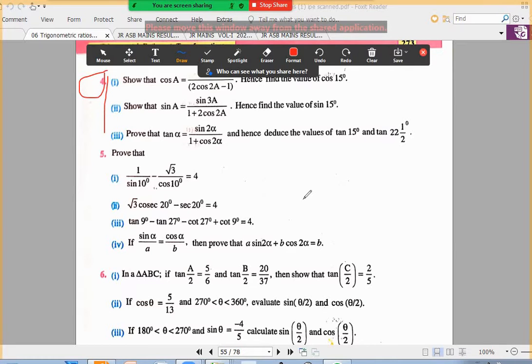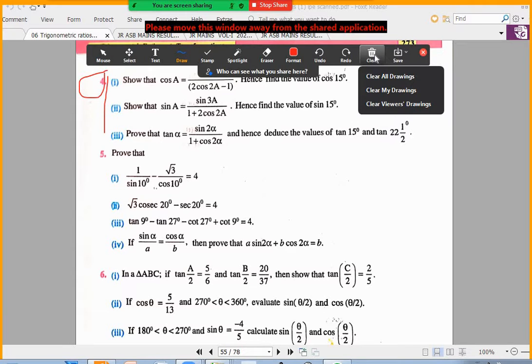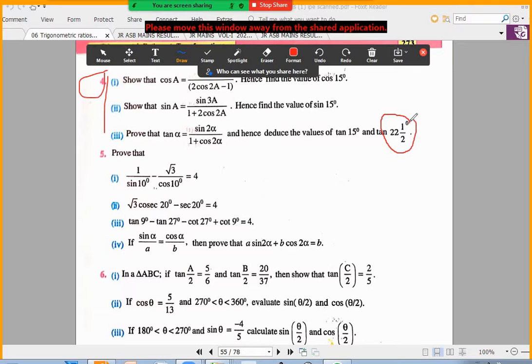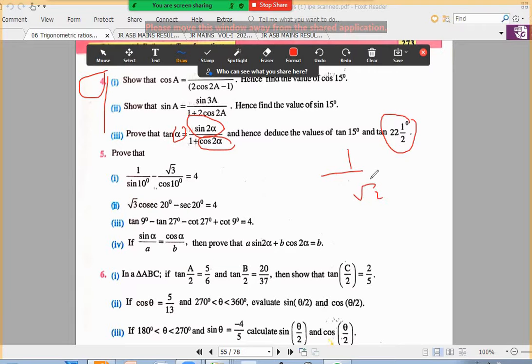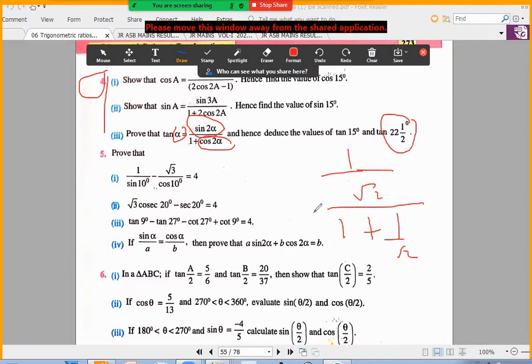Sir, third one, second bit, sir. Tan 22.5, how to find that one? Third one, second bit. Are you talking about the previous page? No, sir, in this question only. Here, how do they find tan? Okay, right. Wherever alpha is there, substitute 22.5. Then it will become sin 45, and this will become cos 45. Sin 45 is 1 by root 2 and cos 45 is 1 by root 2. Take LCM and rationalize the denominator, multiplying with root 2 minus 1 over root 2 minus 1. Finally, you'll get root 2 minus 1. Is it okay? Yes, sir.